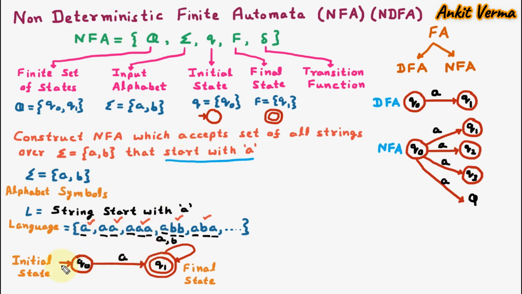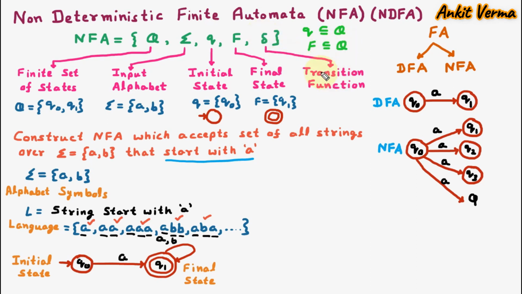In the NFA, all states are coming under capital Q and the initial state is coming under small q and final state is coming under F. We can see that the initial state is the part of set of all state. So we can say that the small q is subset of capital Q. Also, the final state is the part of set of all state. So we can say that F is the subset of capital Q.